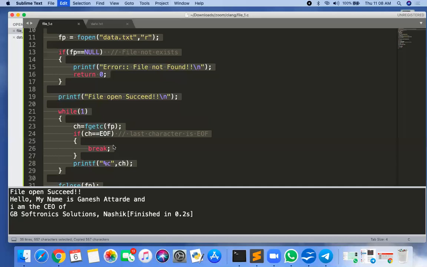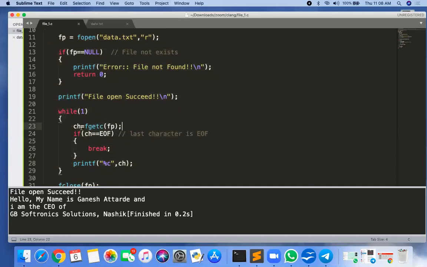Sir, can we use a for loop here? Yes, for loop, while loop, do while, all loops are the same. Just the same output.